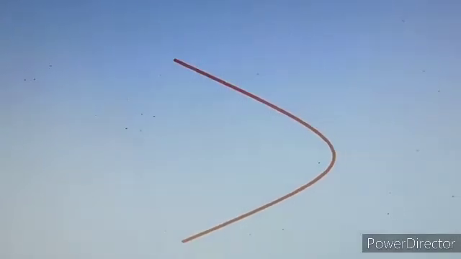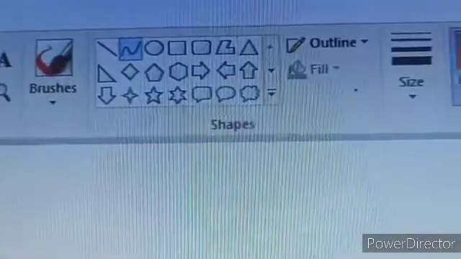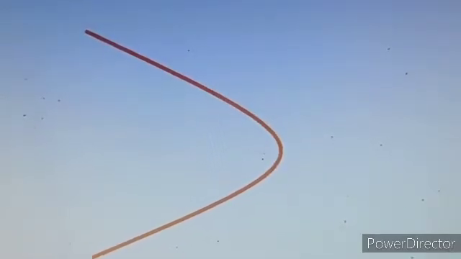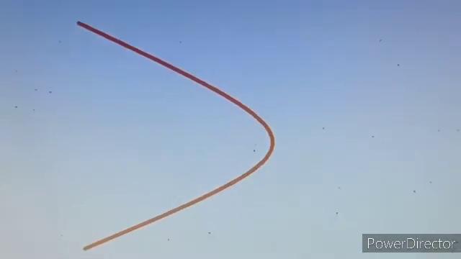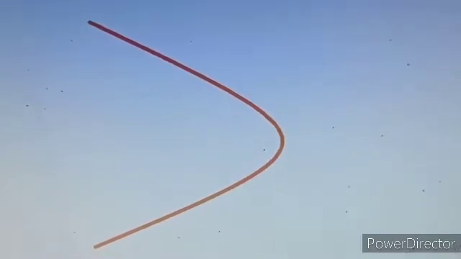In this manner, first you select the curve tool from the shape group, then first it will be a straight line. Then on whichever side you want to bend your line, just place your mouse pointer at that side, press the left mouse button and drag to that side, and at last you have to double click your left mouse button to set or lock it. This is the function of the curve tool.